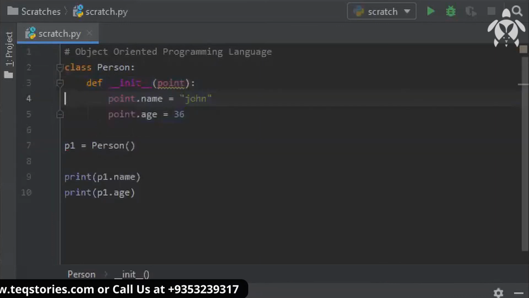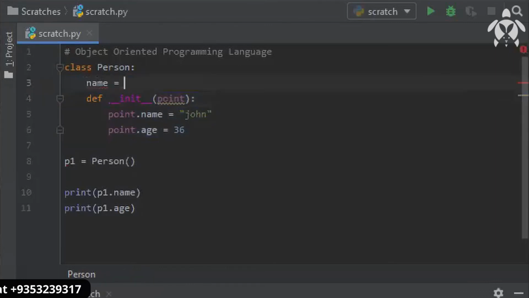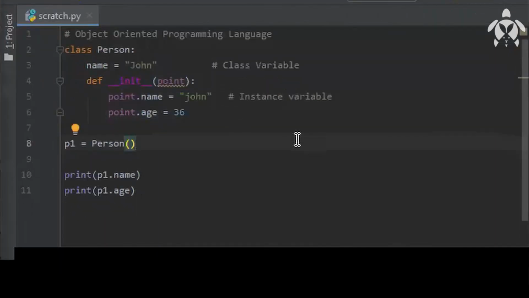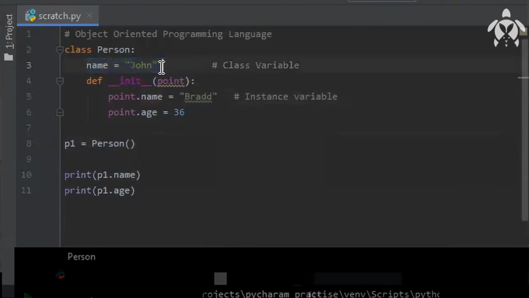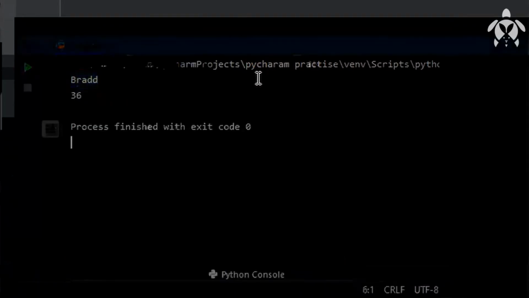There is a difference between an instance variable and a class variable. So this was the class name we were giving here, right? Name is your class variable because you have this variable inside a class, and this is the variable where you are defining, your instance variable. If you run this program, suppose I name it John, the class variable is John before. Now if I do dot name and give another name, this will be updated. So that is the use of an instance variable versus a class variable.